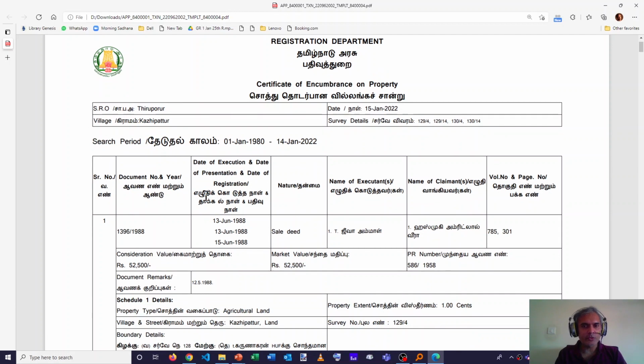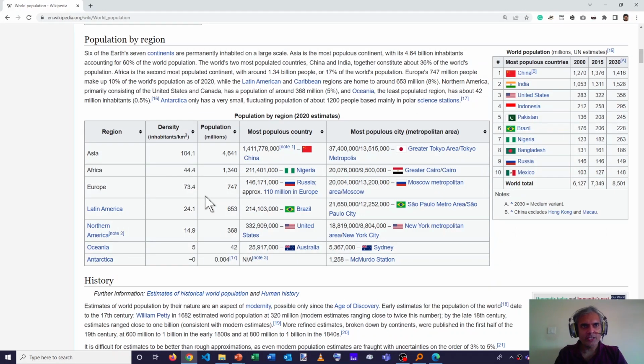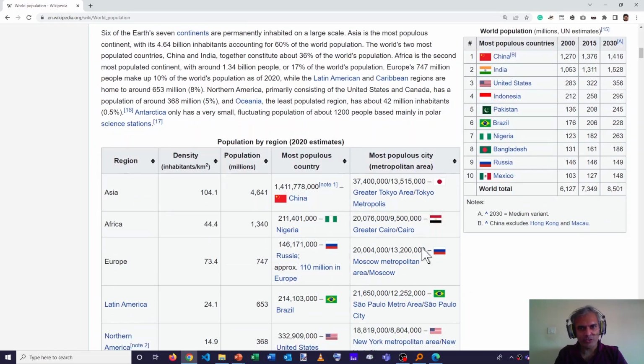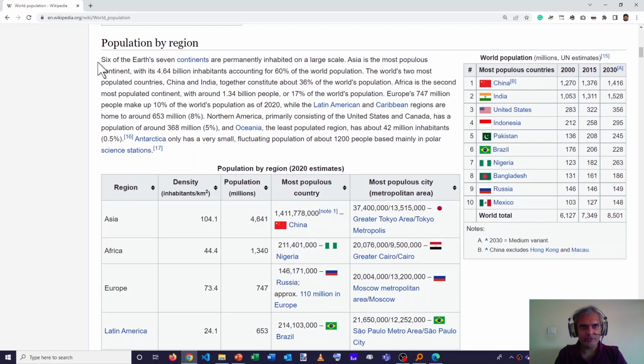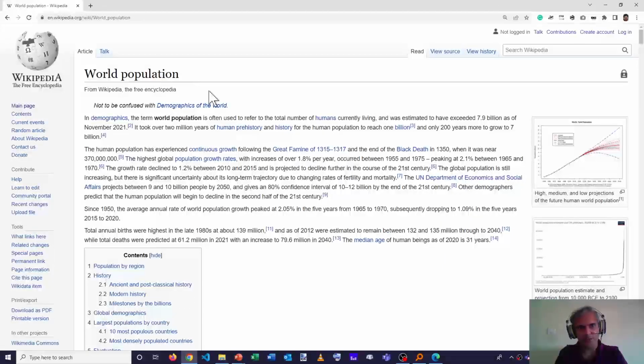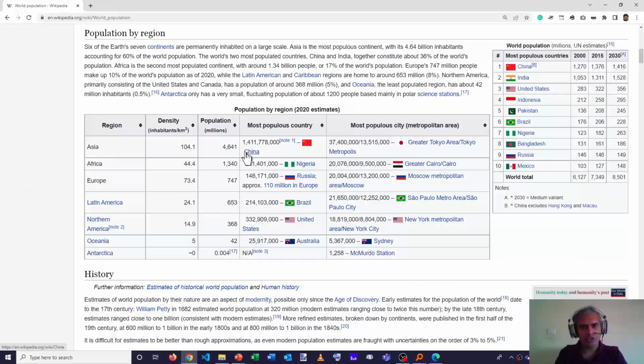So at the very least, we could say that it's semi-structured because we have to figure out what the structure is, and we don't know whether it's fully structured or not, but it certainly looks at first glance to be structured. Or take this Wikipedia page that contains information about world population. There are pieces of information here that are structured, and there are pieces of information here that are not structured. And it's a container that has a combination of this information, which makes a web page such as the Wikipedia world population page a semi-structured document.